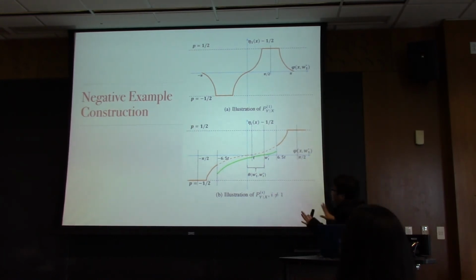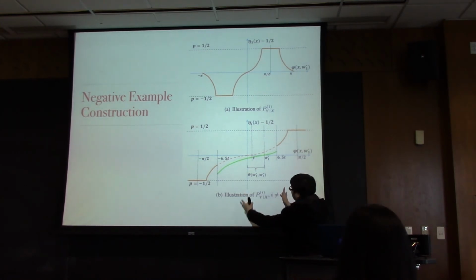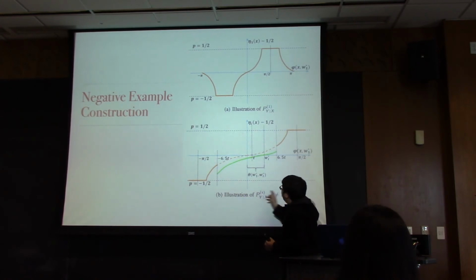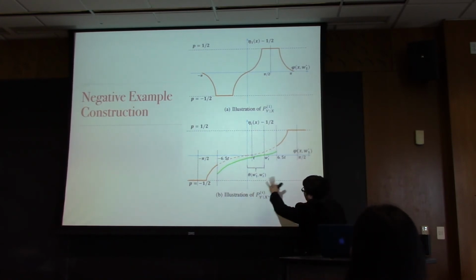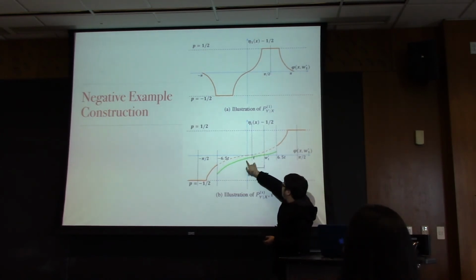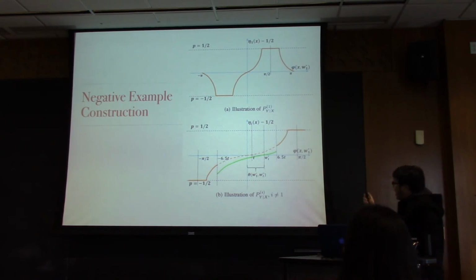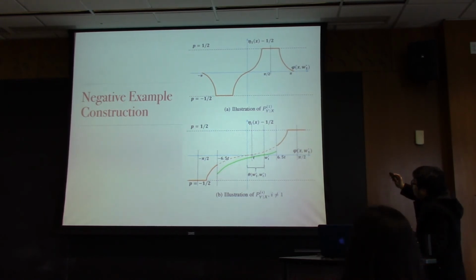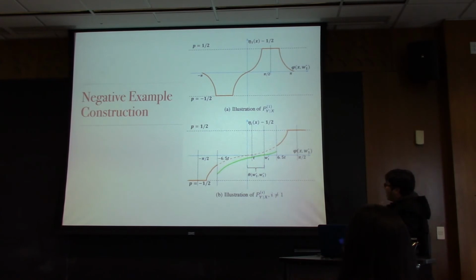So you can see for any data point that is outside of this range, this distribution is exactly the same as the distribution of W0. It's only that within the small range of t, the distribution slightly shifts. And the shift is not very large because Wi star is very close to 0. So I claim that under this construction, the KL divergence between these two distributions is very small, so that any learning algorithm needs a large number of samples in order to distinguish between these two distributions.